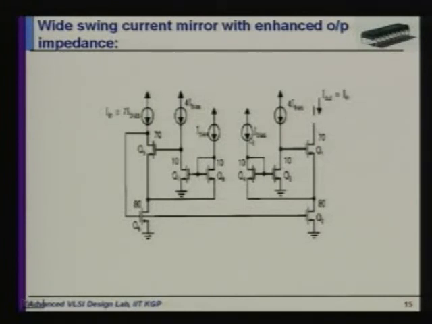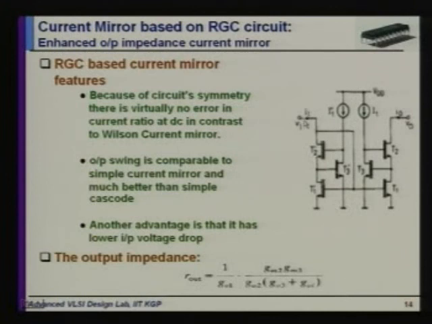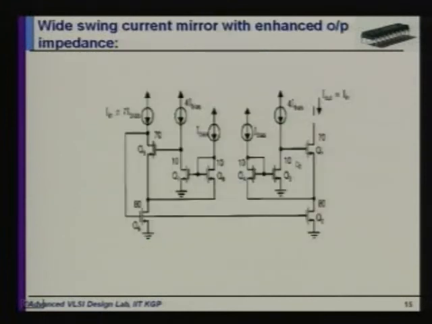As the output impedance is very high in this case, we can again see that the accuracy will be high. But the main thing with this circuit is that the minimum input voltage is only the VGS of this transistor. In other cases, two MOSFETs are series connected, so we get two different VGS, that is 2 VT plus V1. But in this case, we are getting only one VGS. So the minimum input voltage also decreases. This is the main thing in this case.